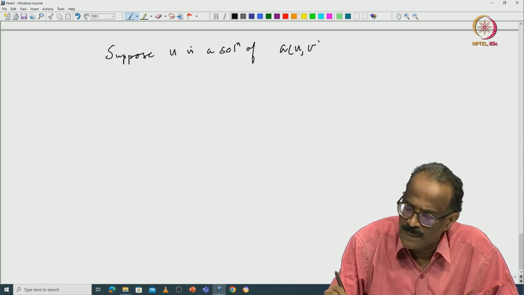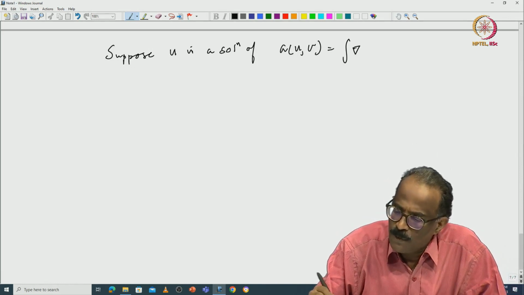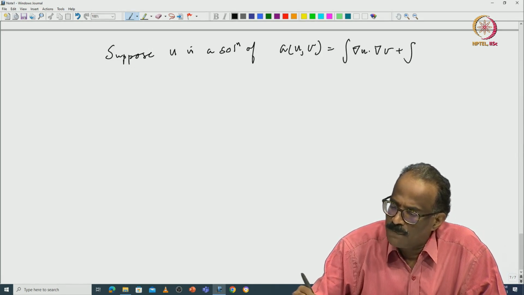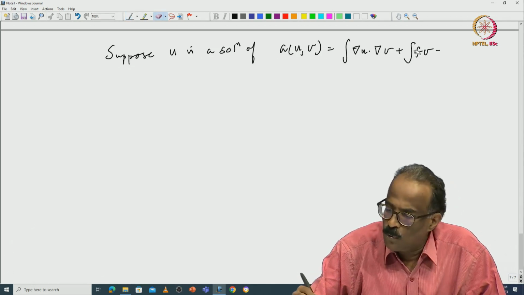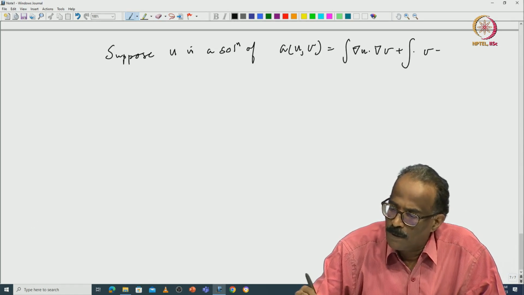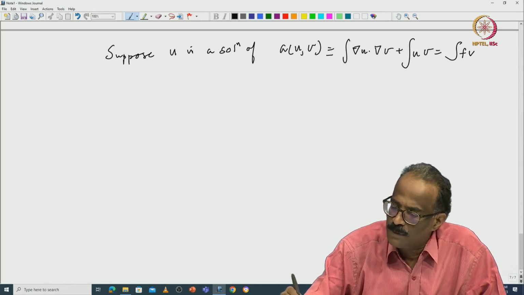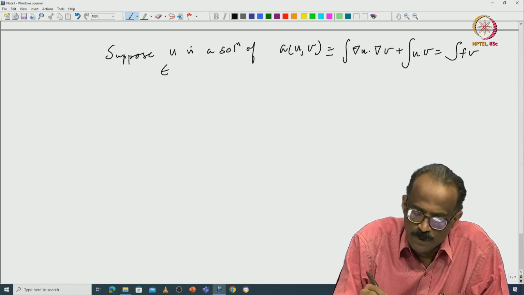You can apply it for the general elliptic case also: integral of grad u grad v plus integral of uv equal to integral of f v. So, u is in H1 naught of omega,